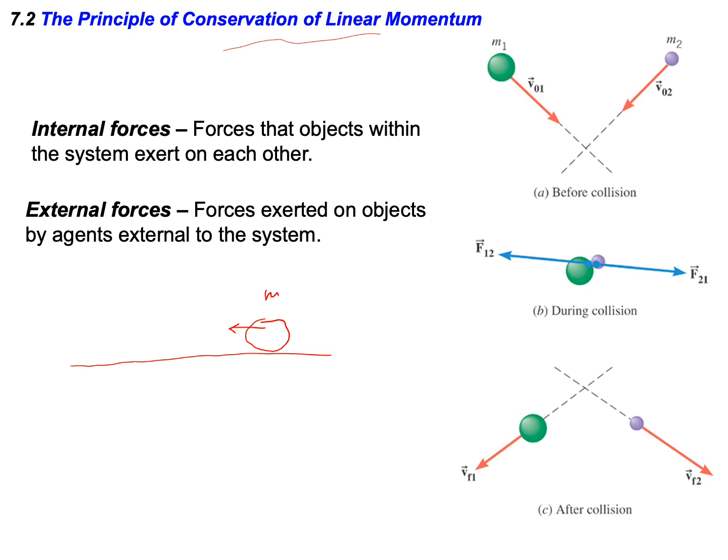Let's say mass 2 has a velocity v2, and I have another object coming towards the second object with the velocity v1 and mass m1. So if these two objects come and collide at one location,